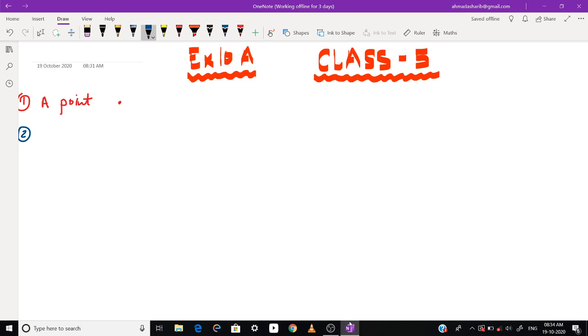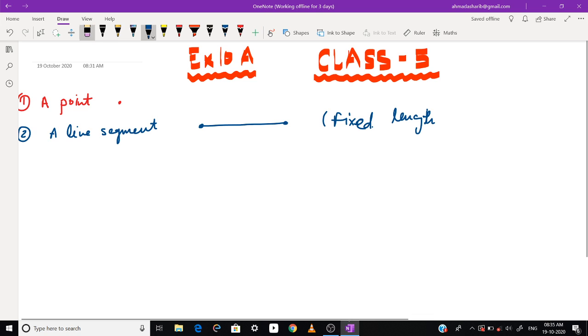Okay, next is a line segment. So a line segment is a part of line which has two endpoints. This is the first endpoint and this is the second endpoint. Okay, so a line segment has two endpoints, both of its ends, and it has a fixed length. Okay,